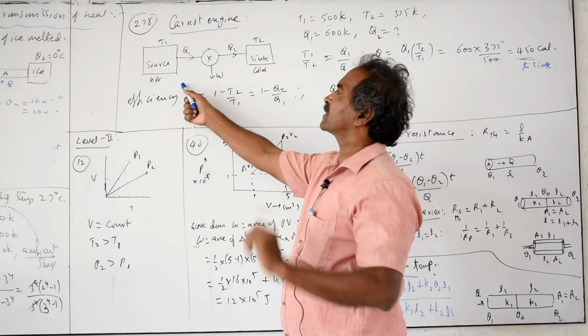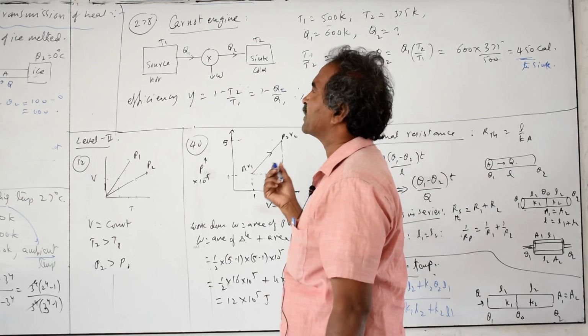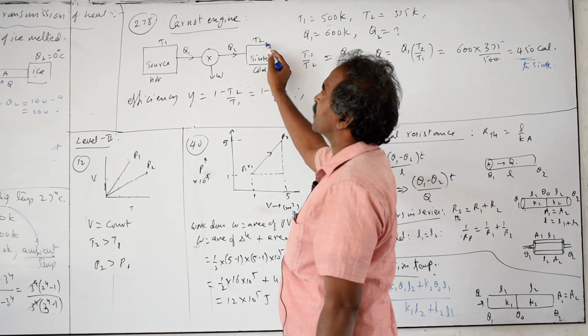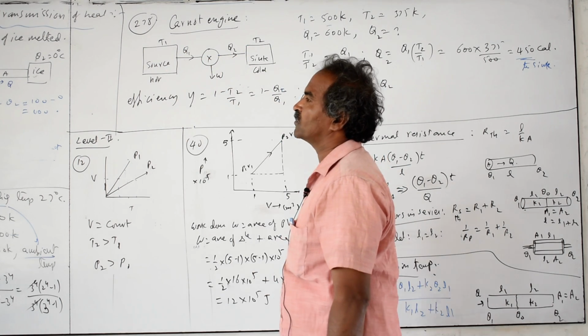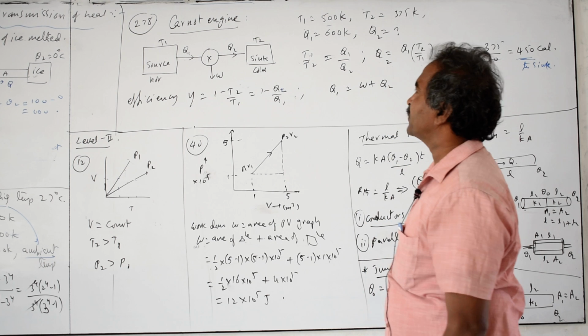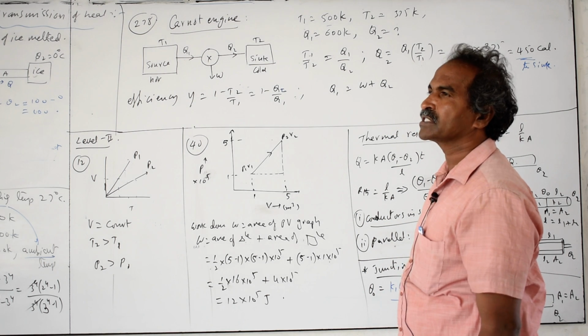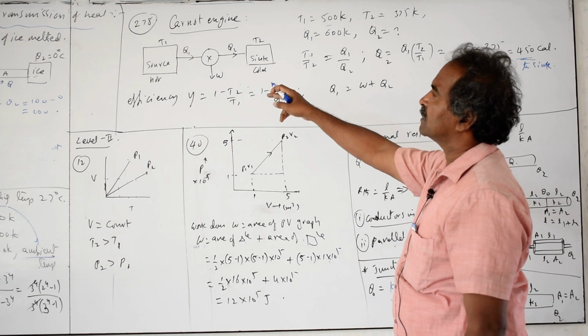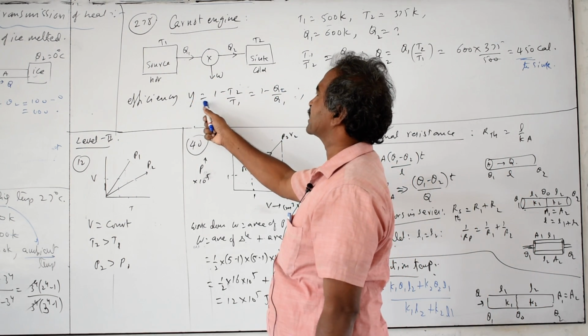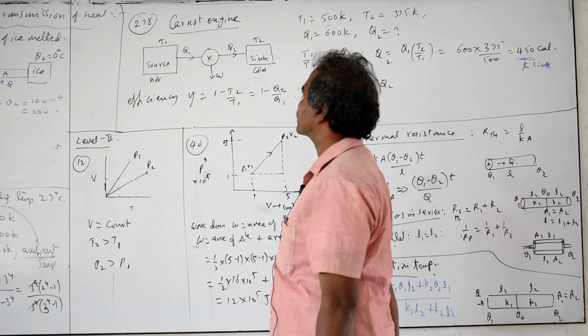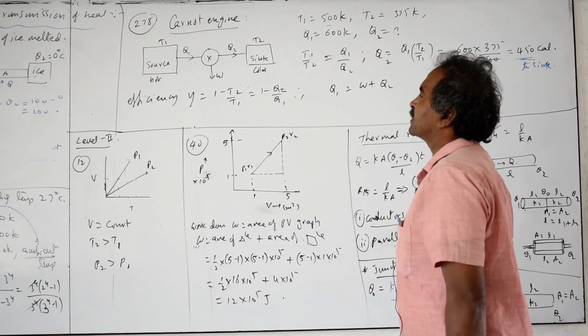And source and sink in ideal cases must have infinite thermal capacity, so that by giving heat the temperature should not change, and by taking heat the temperature should not change. That is possible only if you take the thermal capacity as infinity for the source material and sink material. All heat engines, petrol engines, etc. work with the same principle. Heat engine efficiency is calculated only based on the temperature difference.